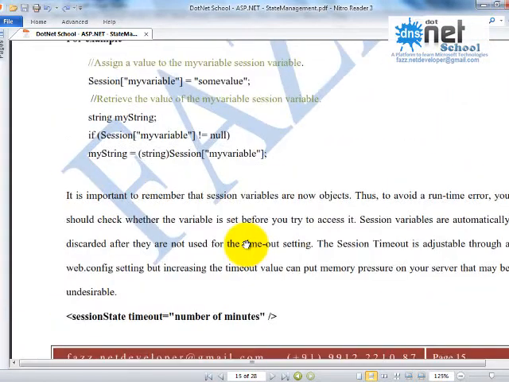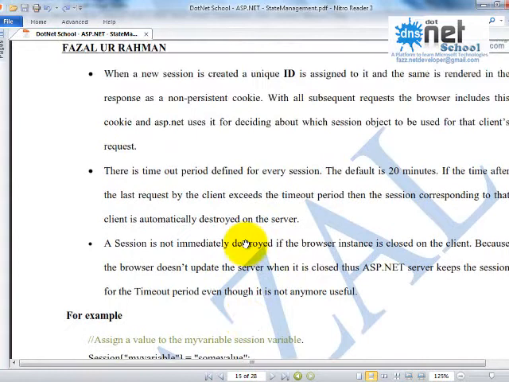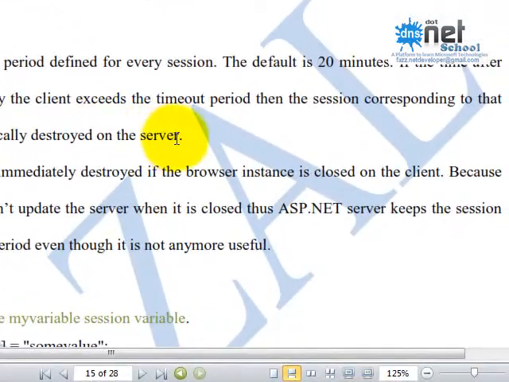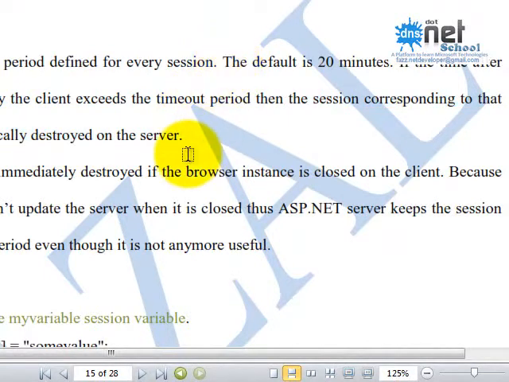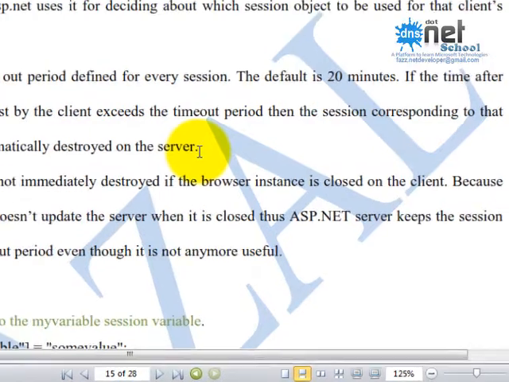Can we set the session, like whatever we enable from the browser's internet options? No, no. Like cookies, you are asking. Yeah, like cookies, we can enable and disable, and we can delete them. You cannot do that for a session, because it is from the server side. The browser will not control the session. Under the browser only the cookie will be controlled. The browser will control the cookie, but the browser cannot control the session. As we are saying that when we close the browser also the session will remain alive, isn't it? Yeah.